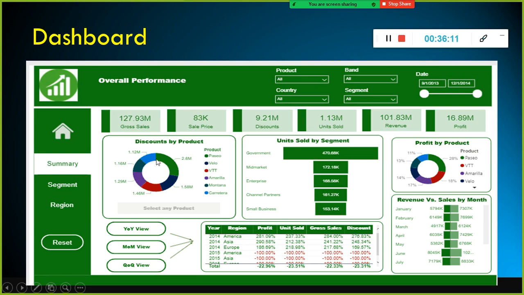All the rest of them are good, right? Only one exceptional case. Which one? This one. So this is the insight. With this we can also generalize: in general, the more discount we give for every product, we can expect more profitability. That is the insight.